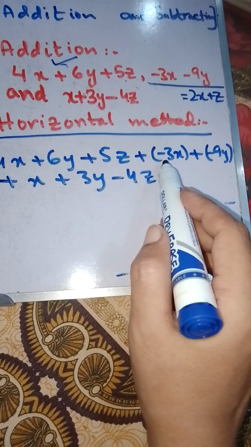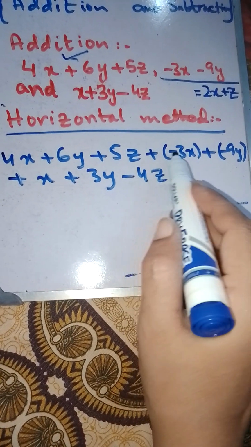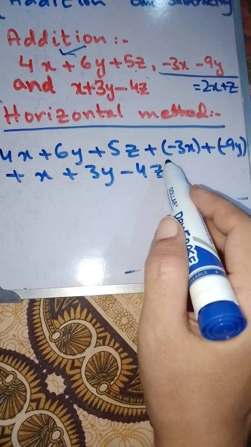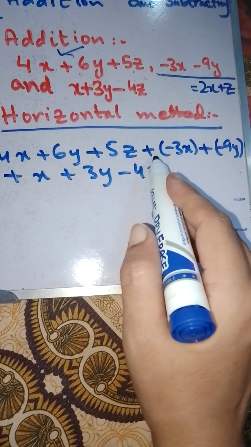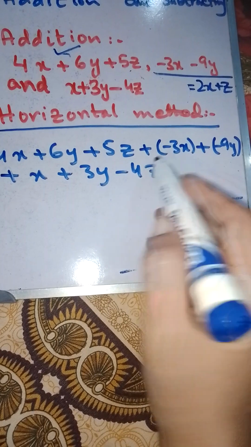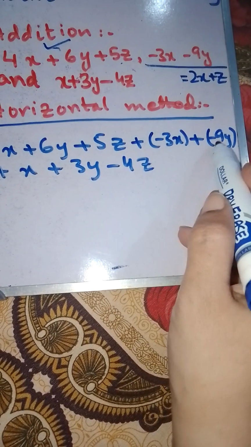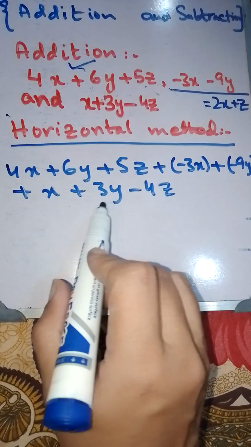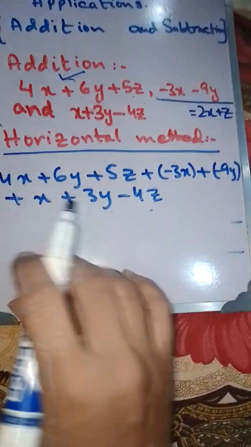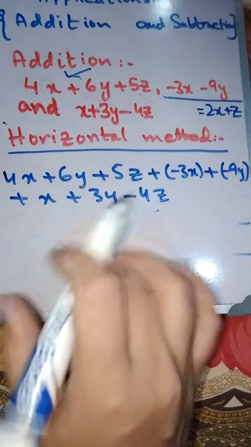I am putting a bracket over here just to separate these two signs, these two operations. Otherwise it will not be appropriate in mathematics. So over here we will write plus bracket minus 3x, plus bracket minus 9y. Then the last expression, x plus 3y minus 4z. So according to the question, we have to first of all